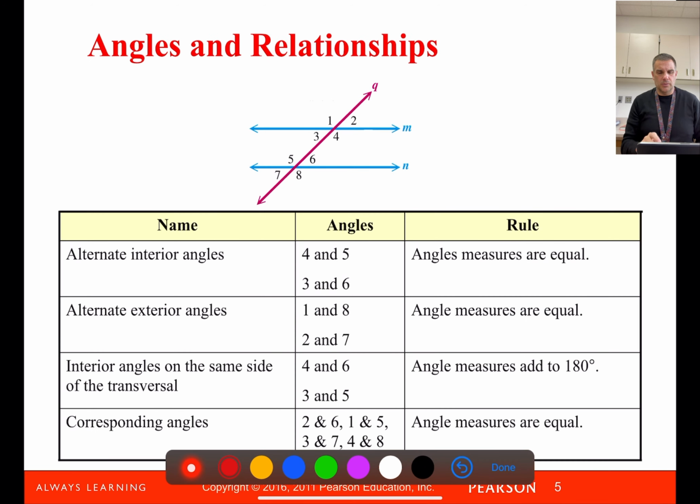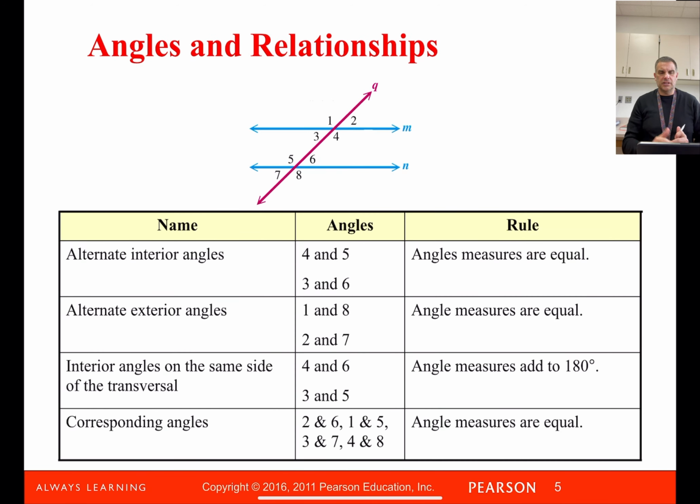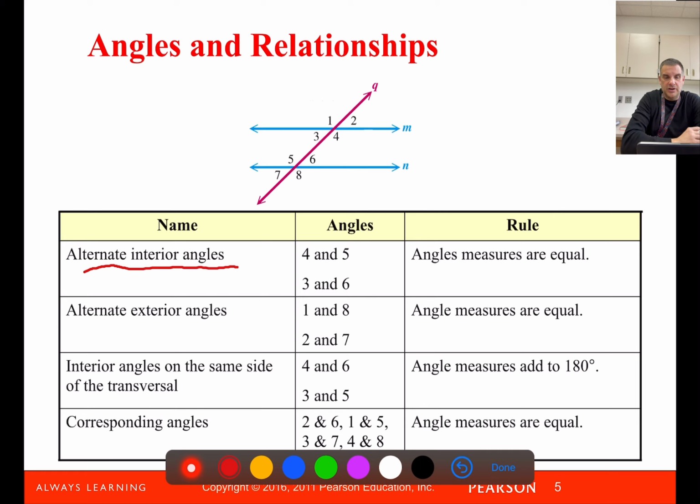But yeah, so some things to keep in mind. Again, back to the geometry scope a little bit and trying to get you to remember some geometry. When we have these two parallel lines being cut by a transversal, we have different types of angles that are formed. We have what are called alternate interior angles. Alternate interior angles means that they're both inside of the parallel lines on opposite sides of the transversal